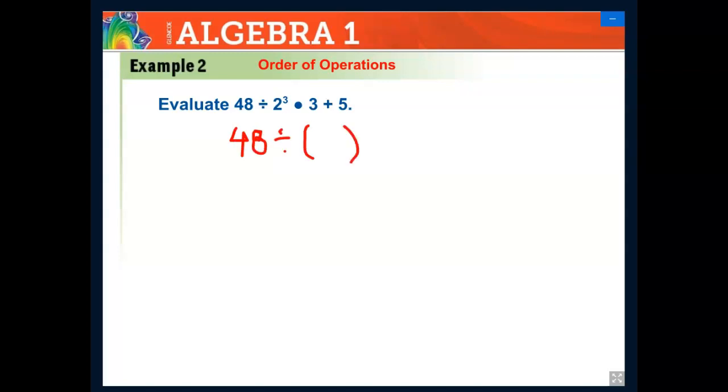Clear that out. So what is 2 to the third, guys? That's the first thing we need to change. 2 to the third becomes what? 2 times 2 times 2 is, Logan? Awesome. Next, what do I have to do? So I got rid of the parentheses and the exponents. So then in order of operations, it becomes